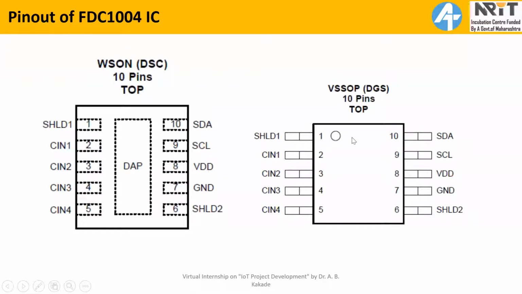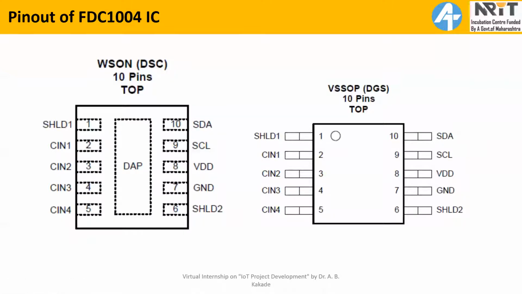So this is the pinout diagram. There are total 10 pins. CN1, CN2, CN3, CN4 are 4 input channels where you are supposed to connect your capacitive sensor. The same IC can also be used to design a touchpad. So there are plenty of operations possible with FDC1004. There are 2 shielding pins. One shielding pin,